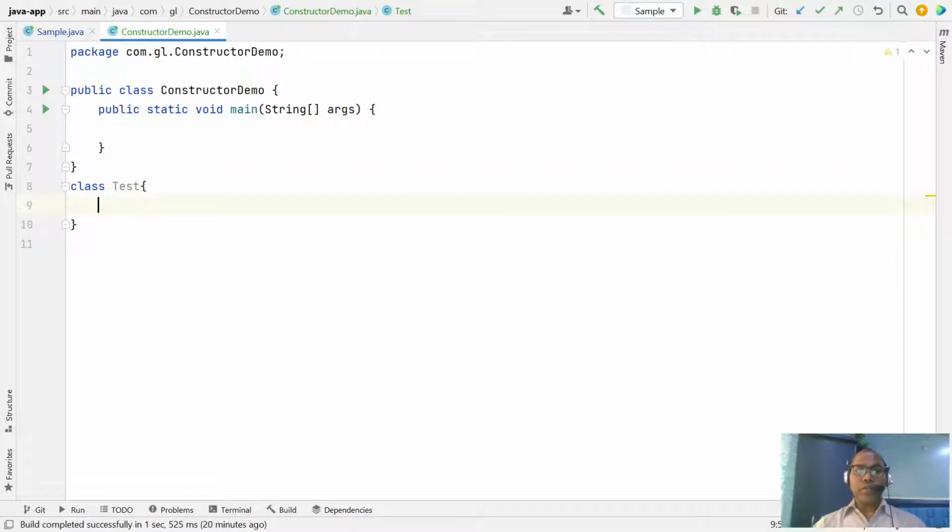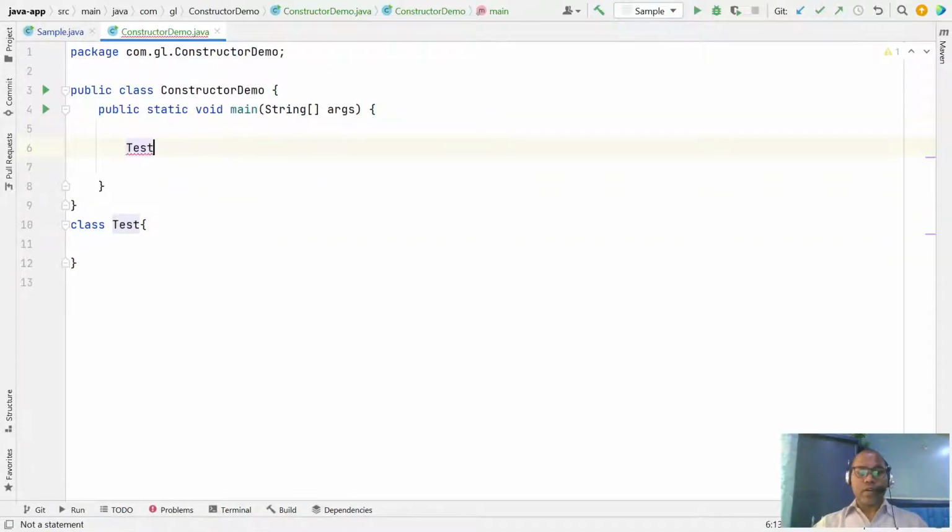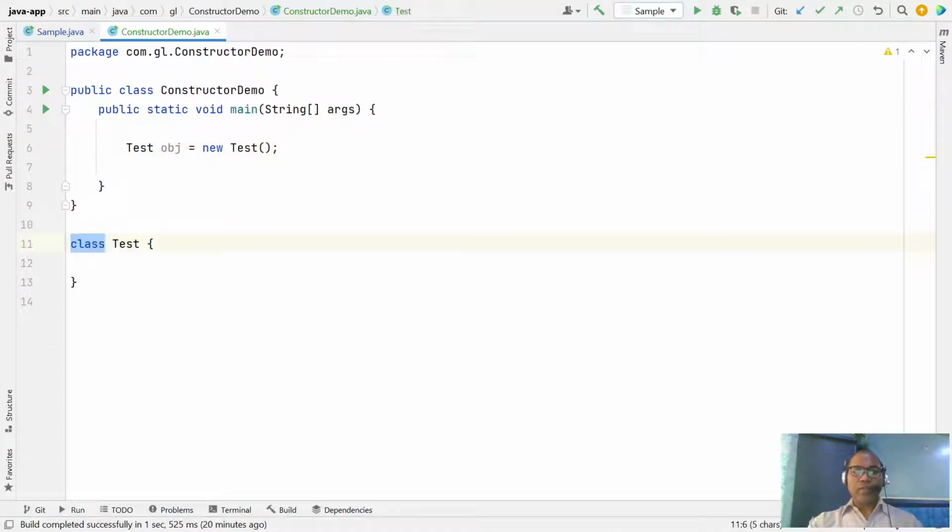In the Test class, by default, the class is complete. Here you can create an object: Test obj = new Test(). Whenever we create an object of a class, we generally use the new keyword, the class name, and parentheses. This is the Java syntax for creating an object.